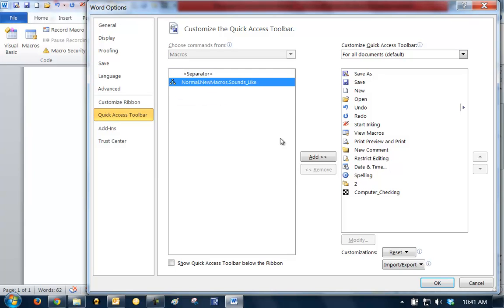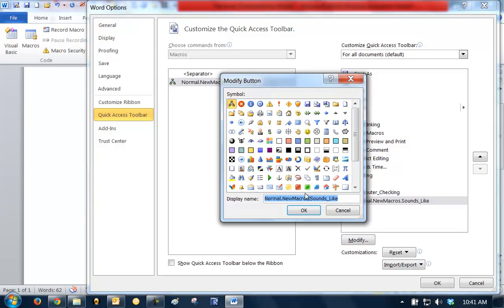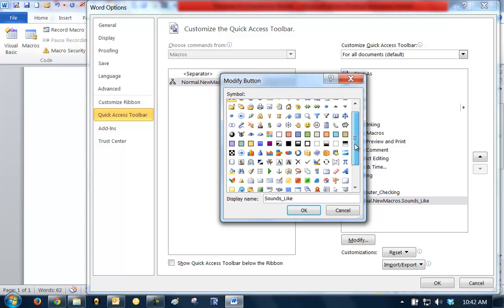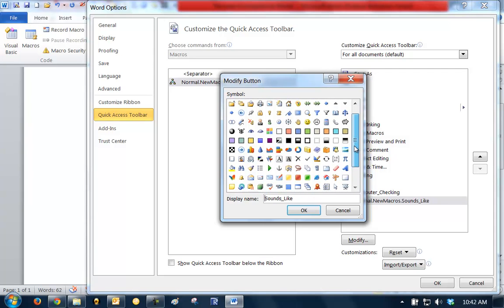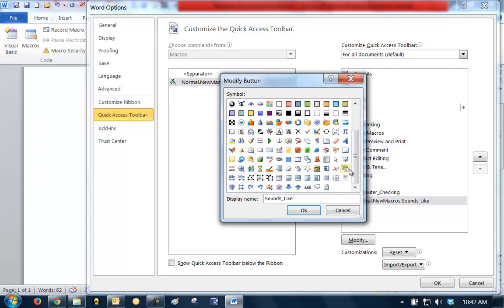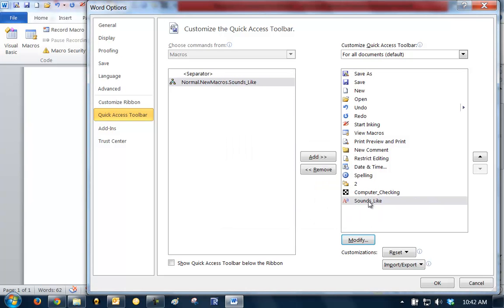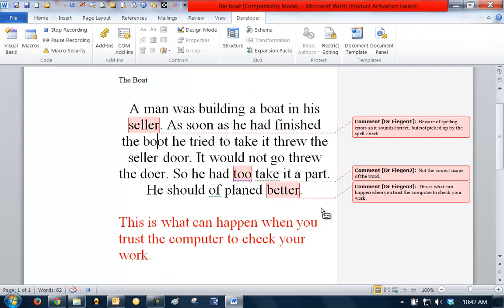As soon as you come to the screen like this, you add it to your quick bar here, and you'll see the ones that I've already created up here. But now you can go from here, but you also want to modify it because it's so big. So you can delete all this in front of it, so you just have your word, what it is, and then you want an icon to click on. There is a default one, but maybe you want to pick one here that you will remember, and I'm not sure what to pick here. So I'm just going to take this one, and you see the icon there, and now it's ready to record. And so I'm going to insert a comment here,